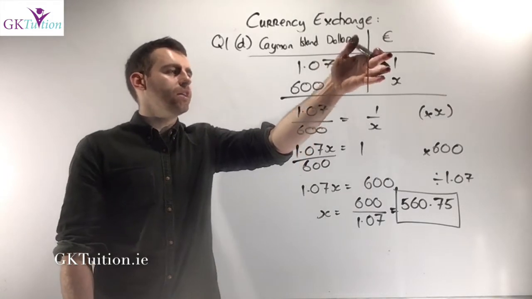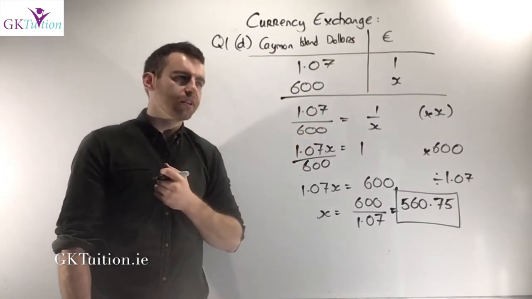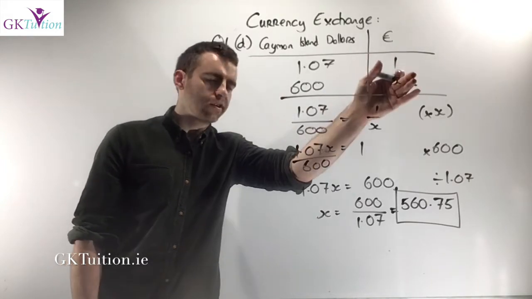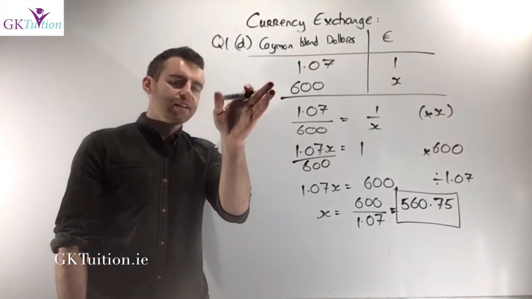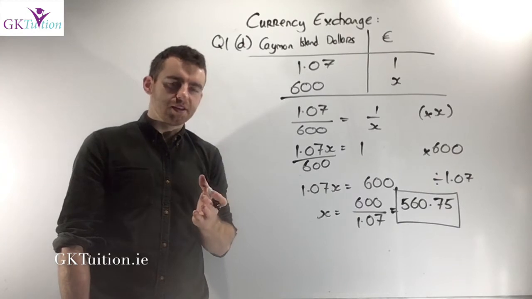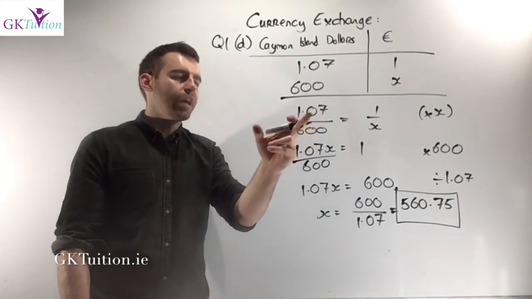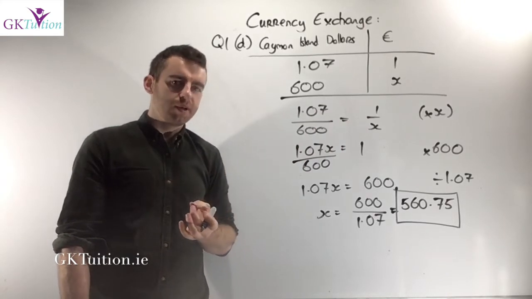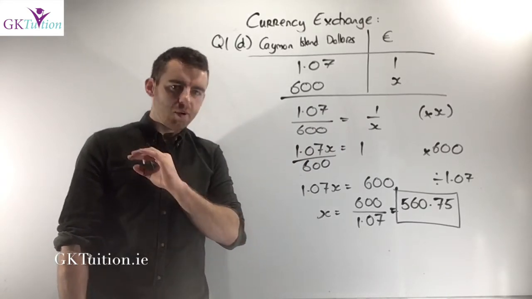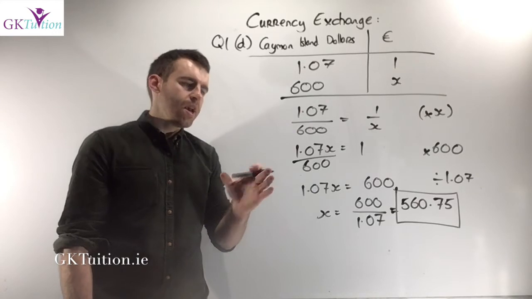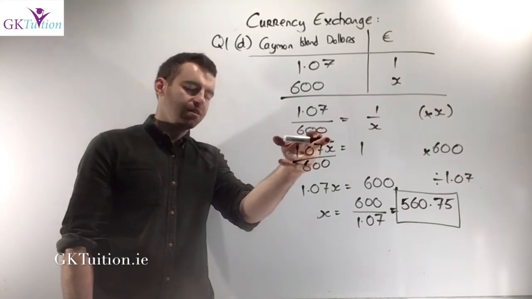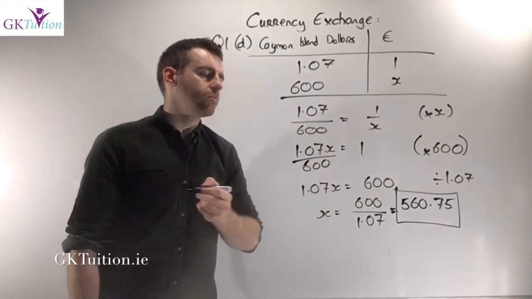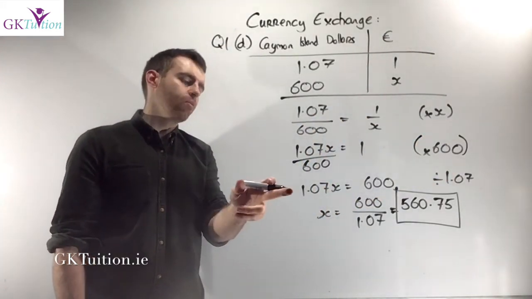You write out your exchange rate, which is €1 to $1.07, and then I know that I have $600, so how many euros is that equivalent to? At this stage, I can write this as a fraction. I can say that 1.07 over 600 equals 1 over x. And in order to eliminate the fraction on the right hand side, I would multiply both sides by x. And I ended up with an x on the top on the left. And then in order to eliminate the fraction on the left, I multiply both sides by 600 and I get